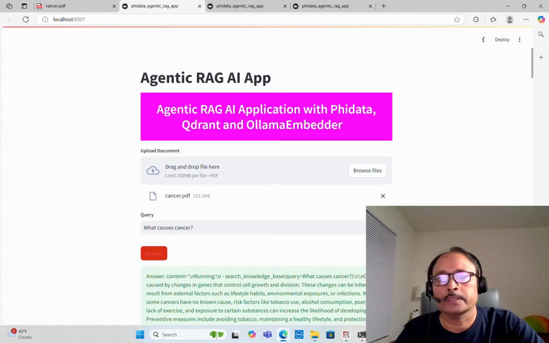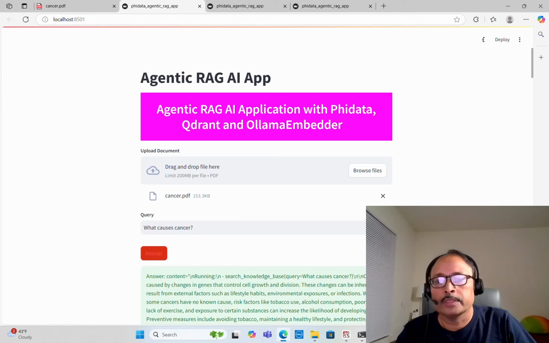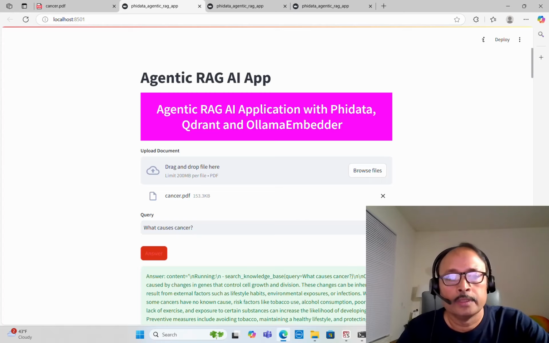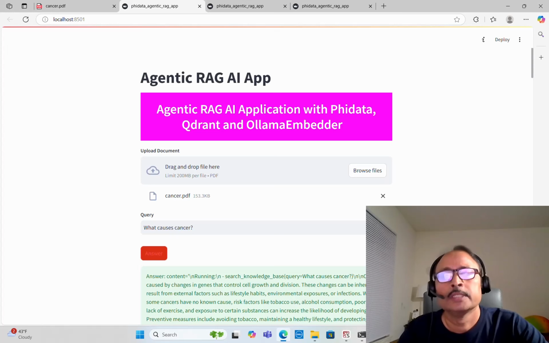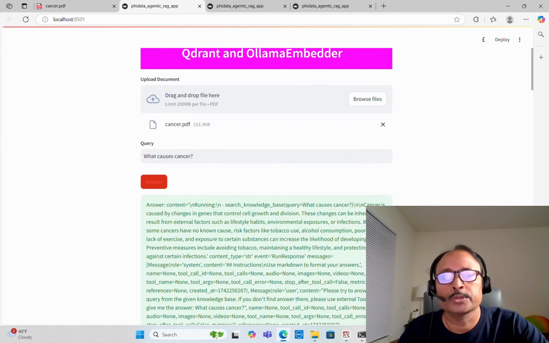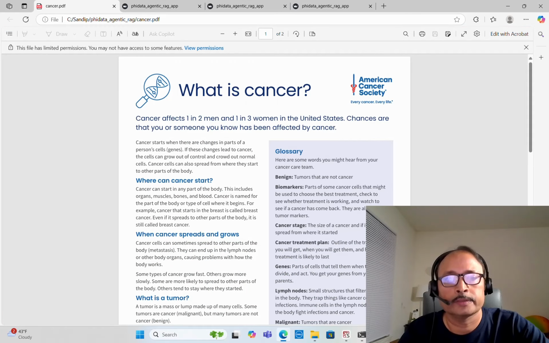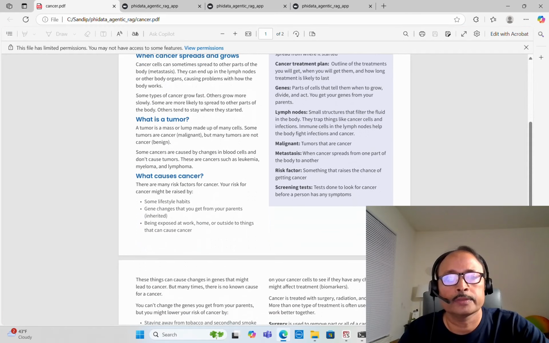As soon as you upload it, it will also save the file locally, and immediately convert it to embeddings and store it in the vector database. In our case, it is Qdrant. That process takes some time, which is why I am unable to show you live, but I'll show you the results. After that, I am asking a question: what causes cancer from this document? And interestingly,